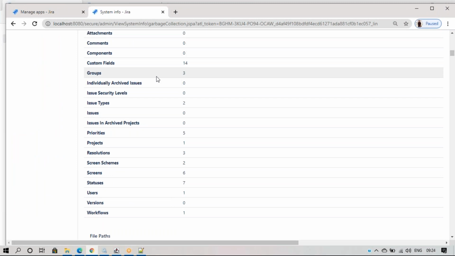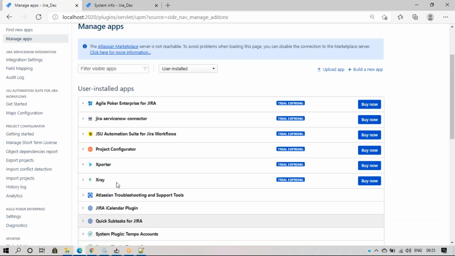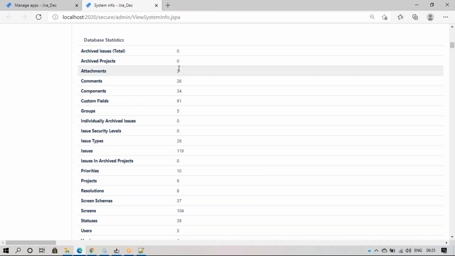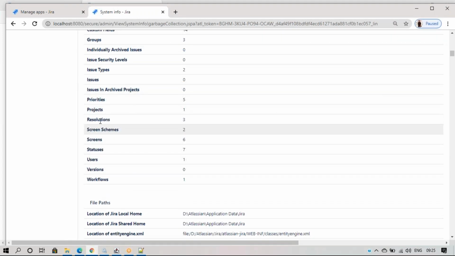I have attachments 0 and everything is different. On the other instance, attachments are 326, and here I don't have this much data. I have only one project, priorities only 5, resolutions 3, only one workflow, and only one user.